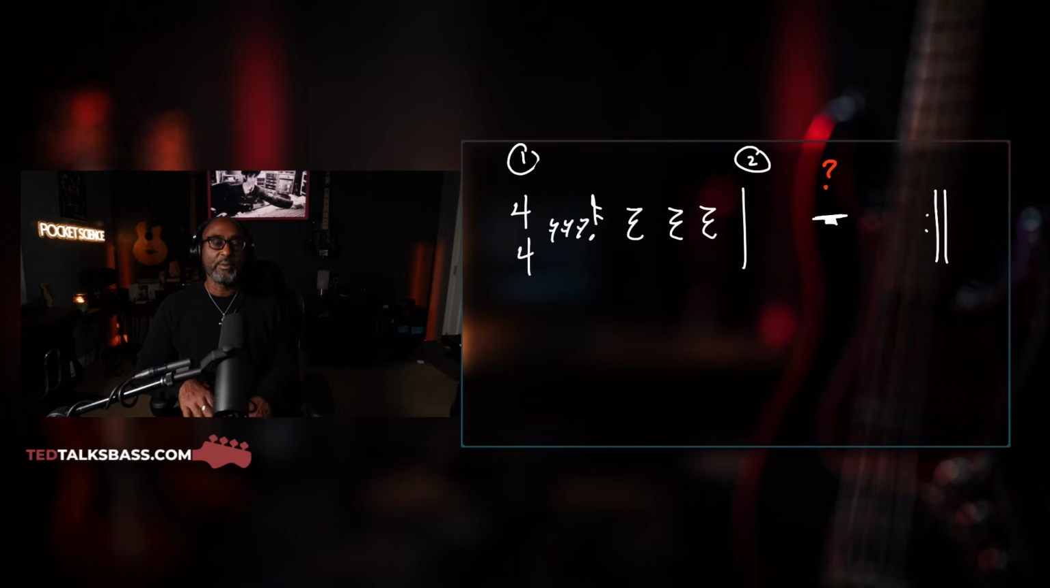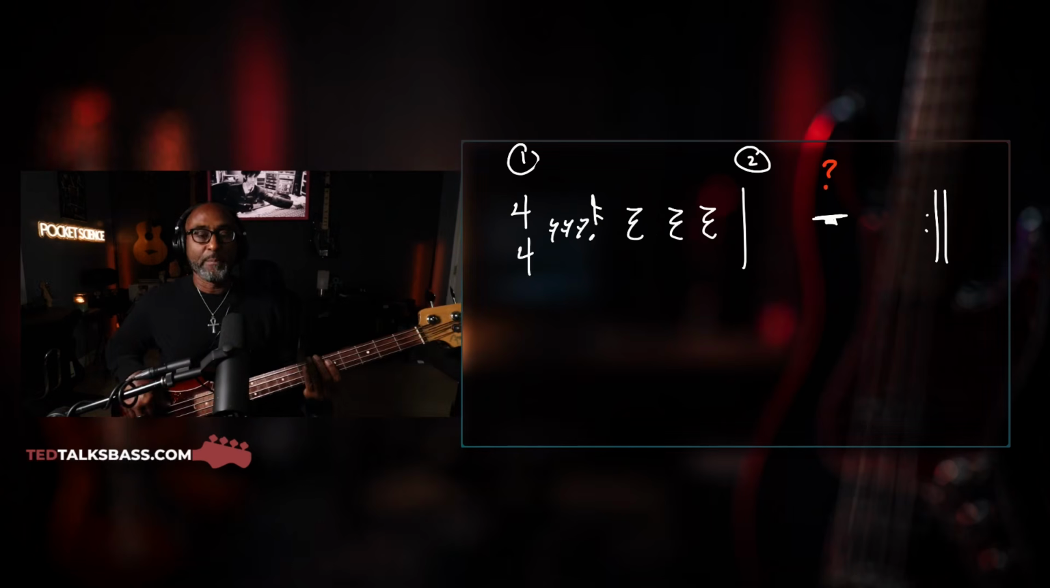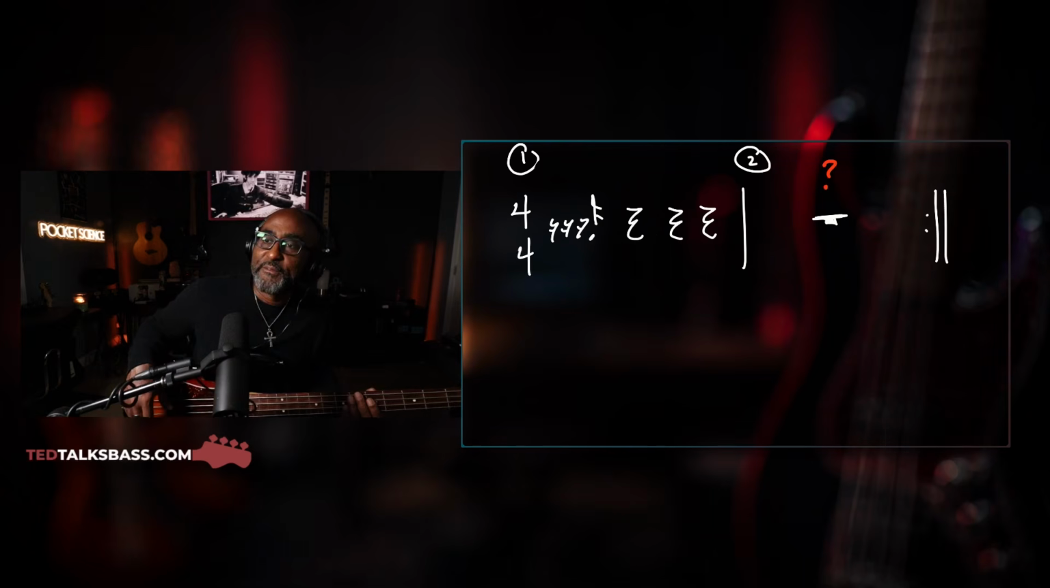1 E and a 2 E and a 3 E and a 4 E and a. 1 E and a 2 E and a 3 E and a 4 E and a. Now just the 1, 3, 4, 1,